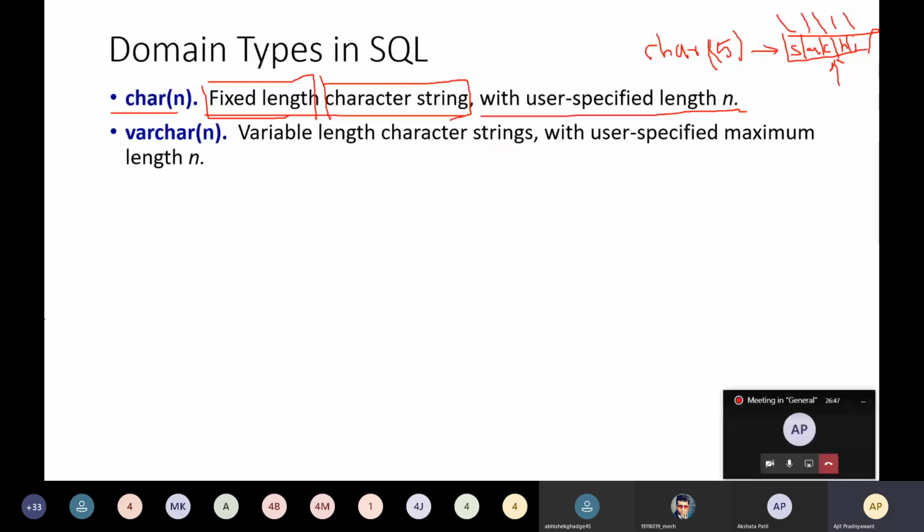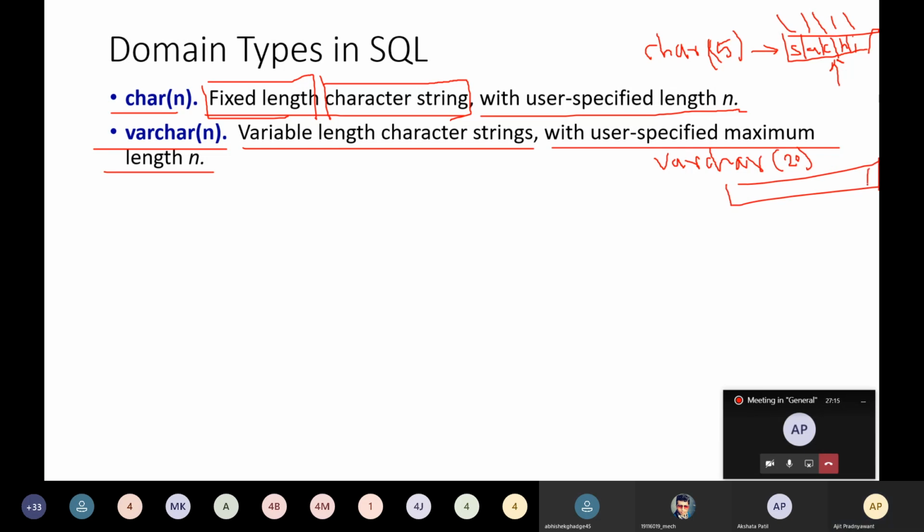Next domain type is varchar N. Varchar N means a variable-length character string with user-specified maximum length N. For example, if you have mentioned varchar 20, in this string you can store a maximum of 20 characters, and it's variable.